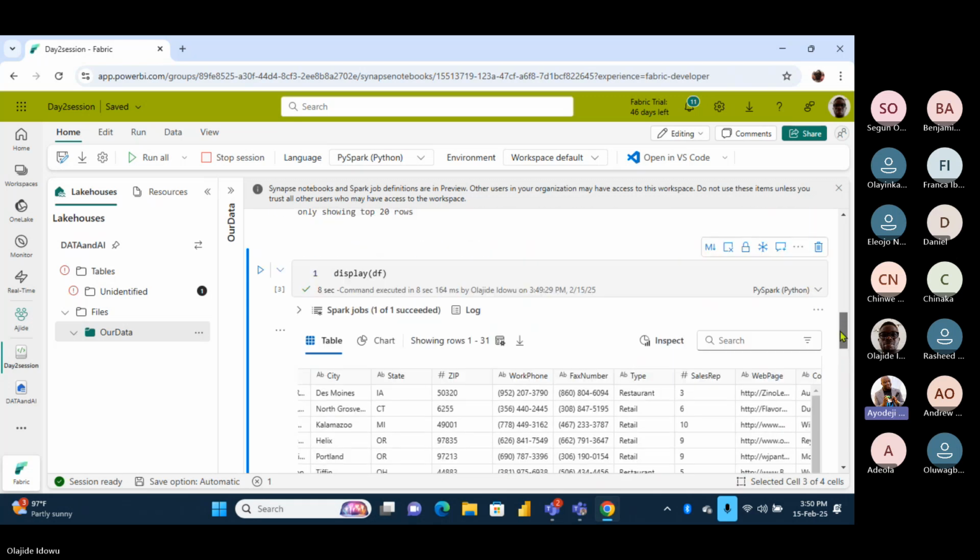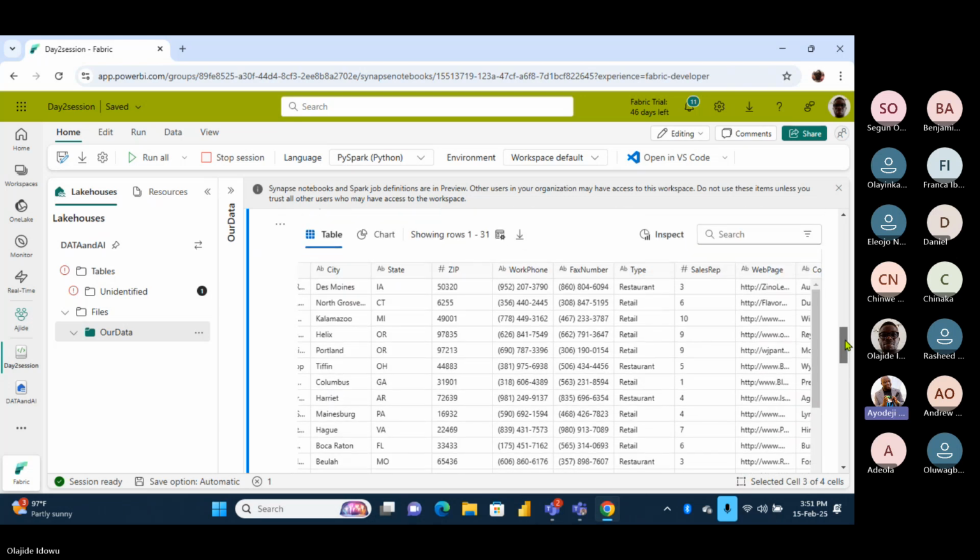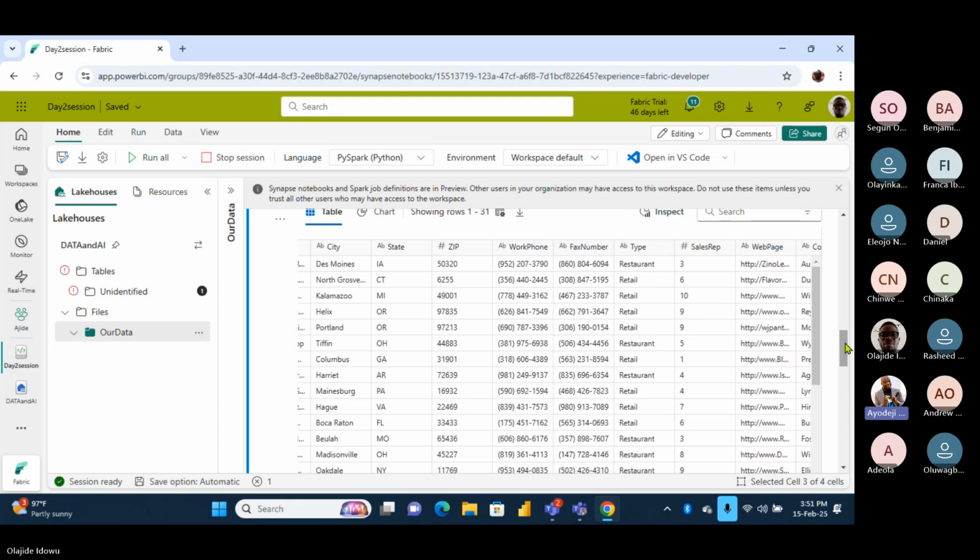Good. Okay, no problem. Let's assume someone now said, look, don't bring all the data frame. I only want all the ones that are from state FL. FL is Florida. I want to pick all the people that are just from one particular state.